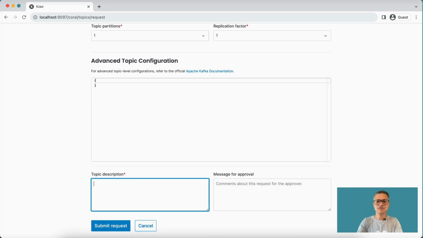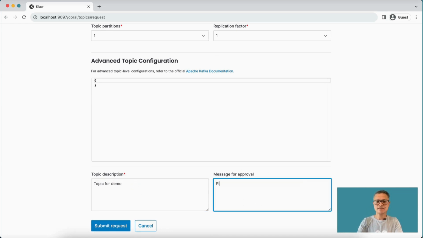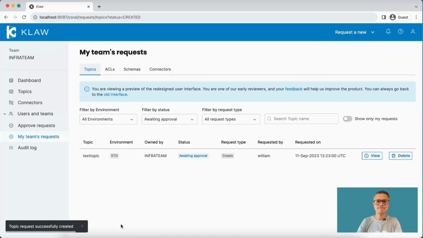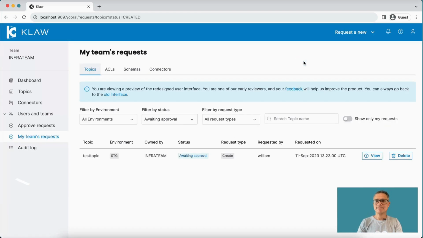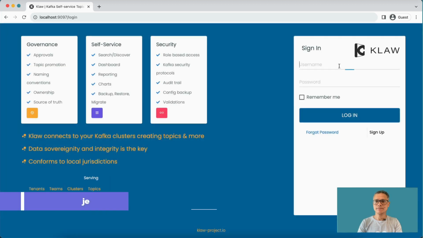We will say, okay, topic for demo, and we will also add a message for the approver. Please approve the topic. You see here the topic in the My Teams requests. This is the test topic, and you can view that, and this is in this particular environment, and the type is create. Now let's log out and log in with